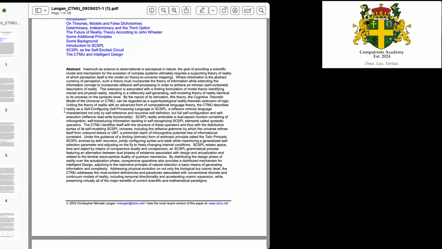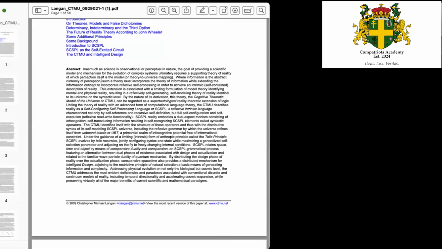So the next line actually gets into exactly what we're talking about, which is where information is the abstract currency of perception. Basically, perception is the process of figuring out what the question is that we're being asked. Such a theory must incorporate the theory of information. So this is just setting up conceptually what the CTMU is going to be about, like an abstract for a paper. We're going to have to take in what we know about information, but you have to extend the information concept, because information deals with ordinary languages, whereas CTMU information theory deals with a self-configuring, self-processing language that